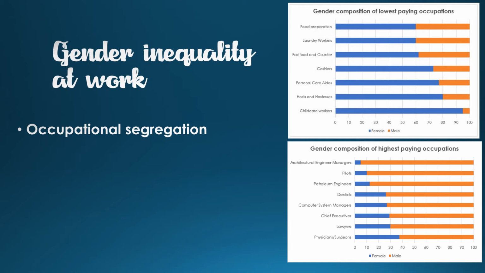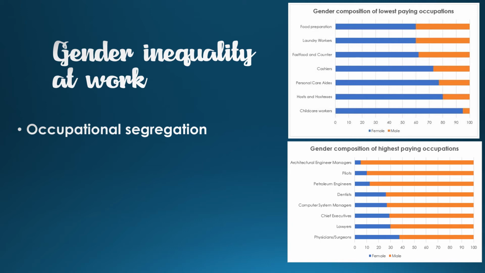Now take a look at the bottom chart, which is the gender composition of the highest paying occupations. So here we have architectural and engineering managers, pilots, petroleum engineers, dentists, computer systems managers, chief executives, lawyers, and physicians and surgeons. And as you can see, it's the inverse of the above chart, where these jobs are incredibly dominated by men. So here you can see that more than 90% of architectural and engineering managers are men, 90% of pilots are men,